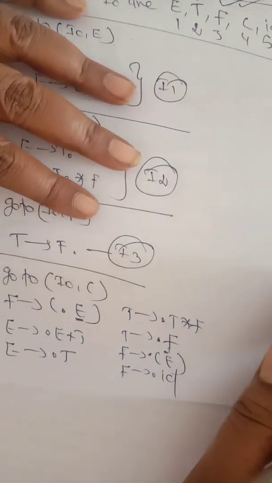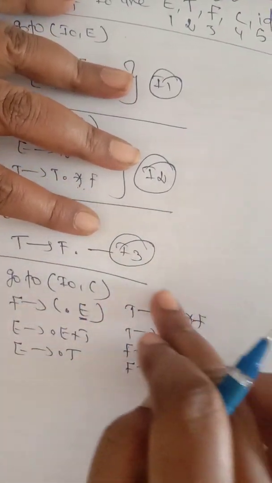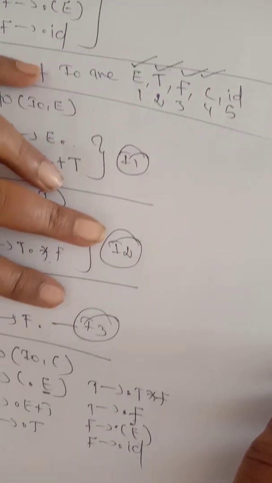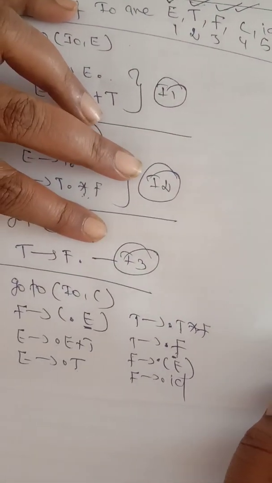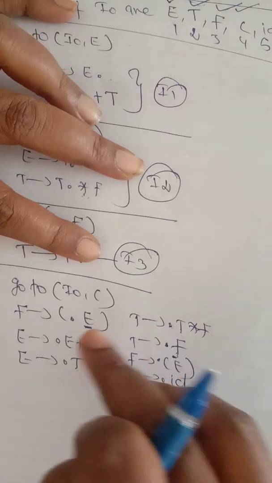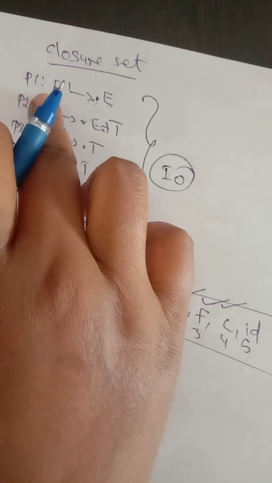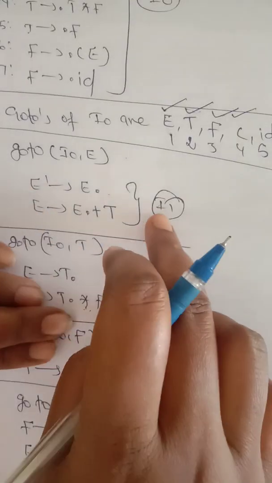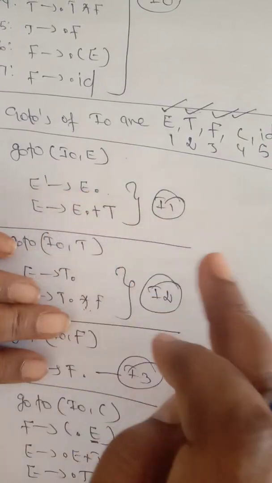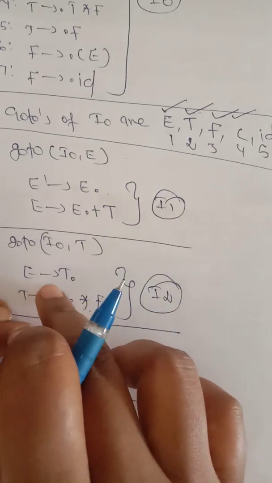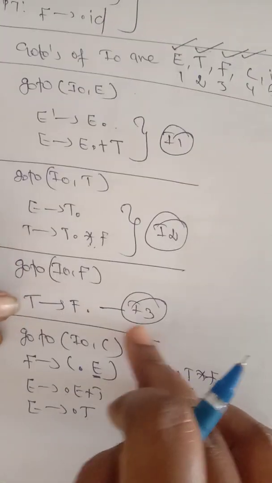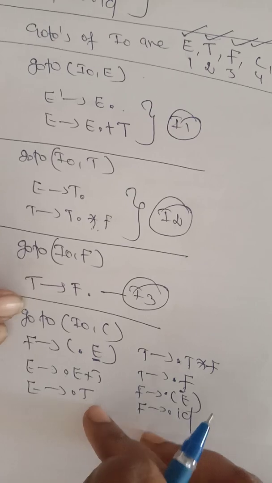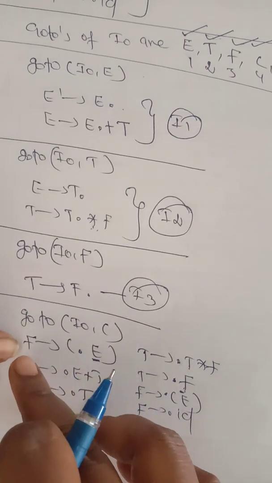Then compare this set with the already available sets I0, I1, I2, I3. Is it matched? It's not matched, because I0 starts with E' → dot E, I1 starts with E' → E dot, I2 starts with E → T dot, I3 starts with T → F dot. Here the set starts with F →